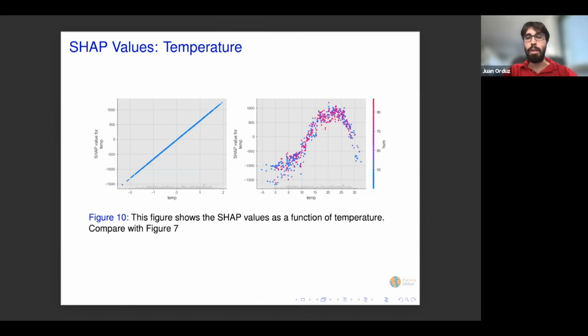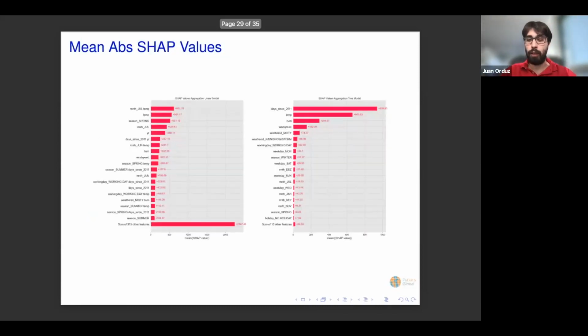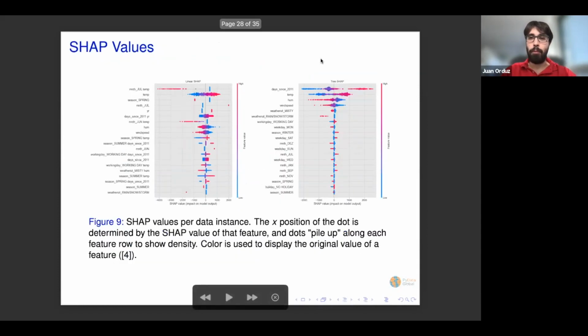And the temperature has also this saturation effect. So again, at temperature higher than 25, the effect of high temperatures actually hurts the byte counts, and that explains why in the SHAP plots the color of the points, blue and red, are a little bit mixed, whereas in the linear model the gradient is very, very smooth.